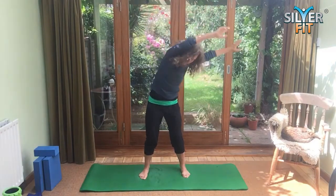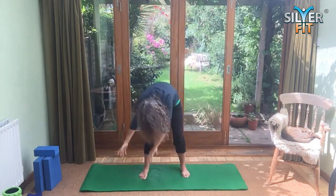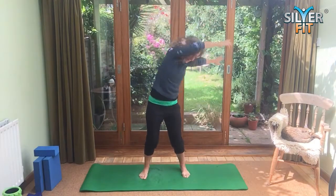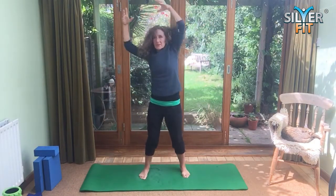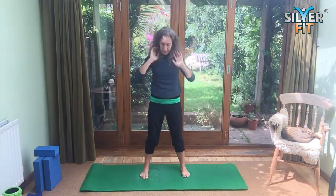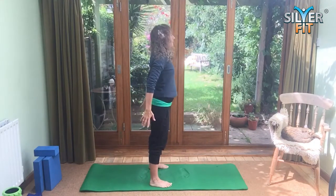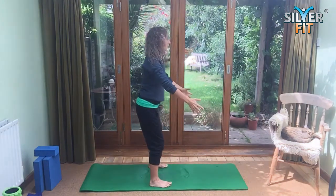And the big circles don't feel so good. Make them smaller. Other way for 3, 2, and 1. Okay. Shake out the arms, and then we're going to keep our feet a little bit wider than hip width apart. I'll stand sideways on, and we're going to squat, but we're going to go down for 4,